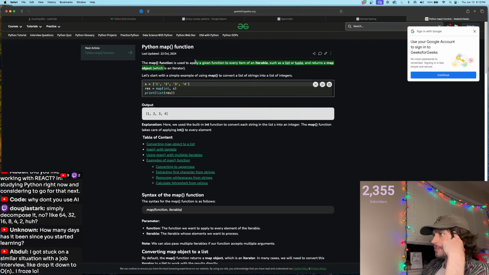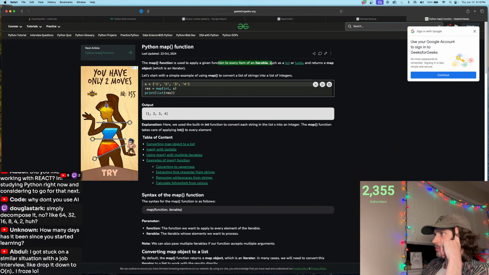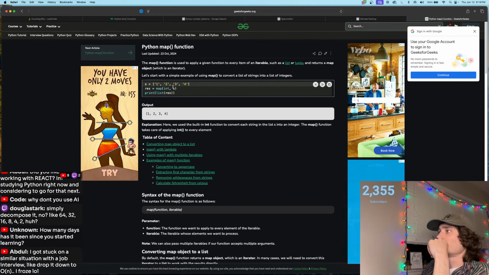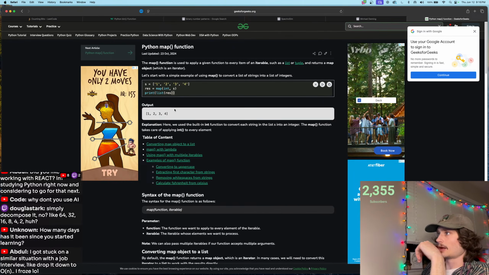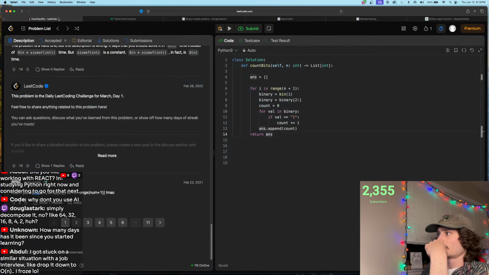The map function is used to apply functions to every item of an iterable like a list or tuple and returns a map object which is an iterator. So we convert every value of s to an integer and then print the list. Okay. Okay, so what he does is he converts the binary string into an integer. And then you sum